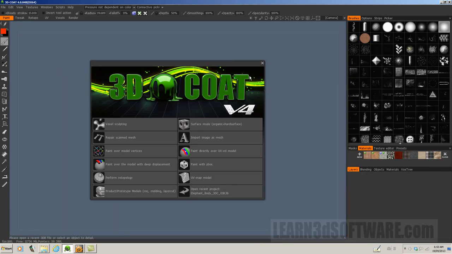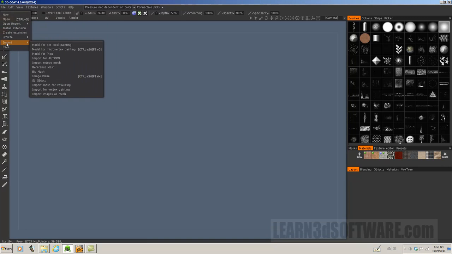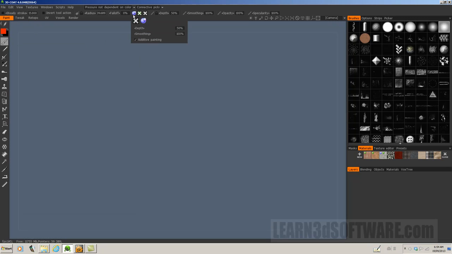Don't save. And now I'm going to show you what happens when you import something for micro vertex painting, which means that you can actually displace the mesh when you're painting with the depth function. See,